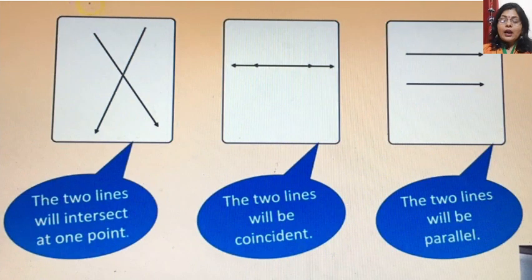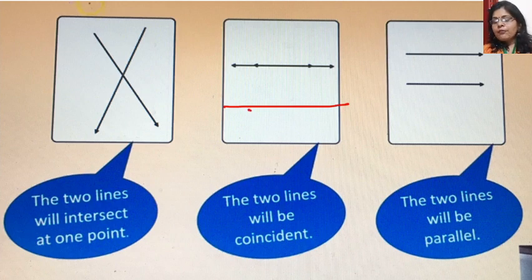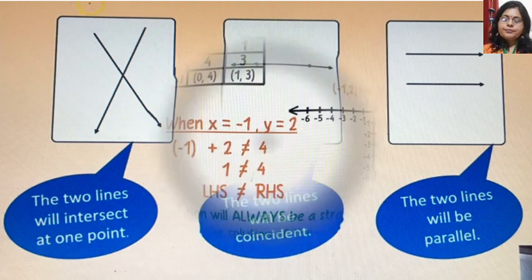Now let us again come to the point which I have told you earlier, that if you have two lines, then we will have three necessary conditions. Either they will intersect, or they will coincide. Coincide means a line having points somewhere, and the other line will also have points on the same line. That means they will coincide. And the third condition, if these two conditions are not satisfied, is that they will be parallel.